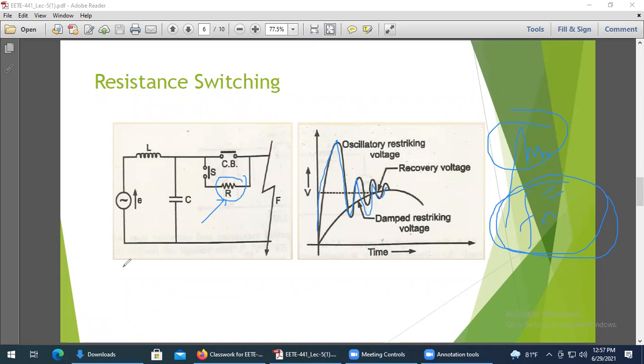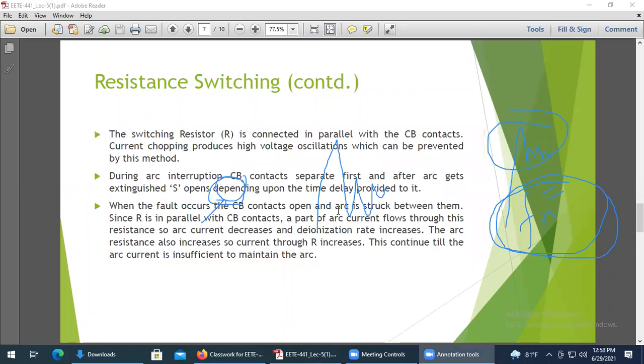Okay, so what do you do? We provide a parallel resistance in connection with the circuit breaker. This is known as an opening resistor or switching resistor. The purpose of this opening resistor or switching resistor is to control the frequency of the TRV that appears after the arc extinction. And if you vary this resistance, at some value of this resistance the value of the frequency becomes 0. That particular value of this resistance is known as the damping resistance. That has also been written over here.